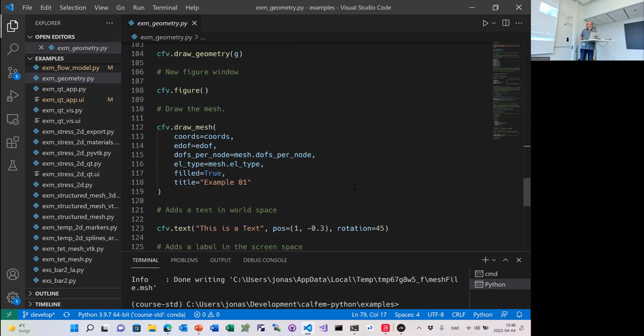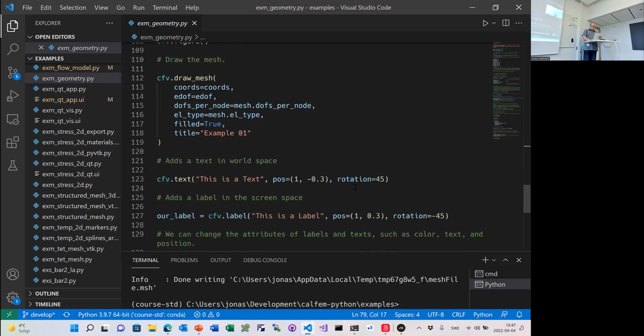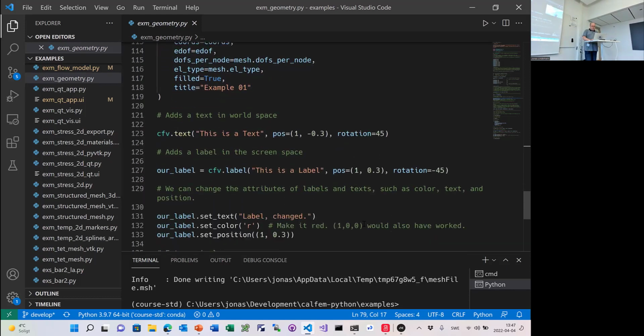And then we can draw the mesh here using coords, edof, dofs per node. So the same parameters that you have to tell the draw command what kind of mesh it is. We want it to be filled, and give it a title, example. There's also a possibility to add text into this, but that is not the purpose here. So if you run this now,